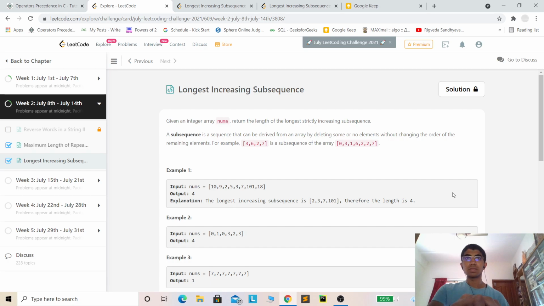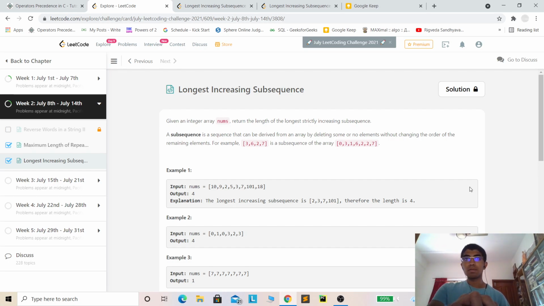So first we'll start discussing from the most basic approach, that is the brute force approach. In this approach we will try to generate all possible subsequences and check if each is an increasing subsequence, make a note of the length of each such valid subsequence, and return the maximum of it. So basically it's a brute force approach.